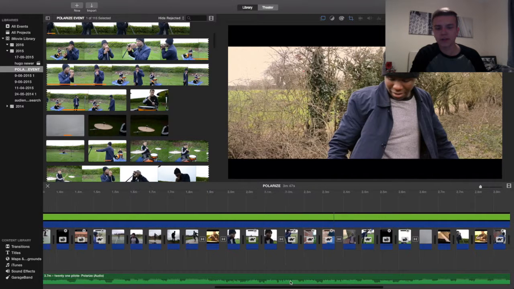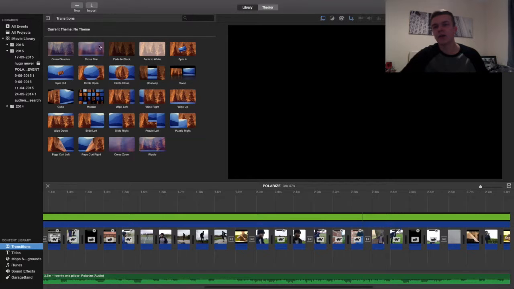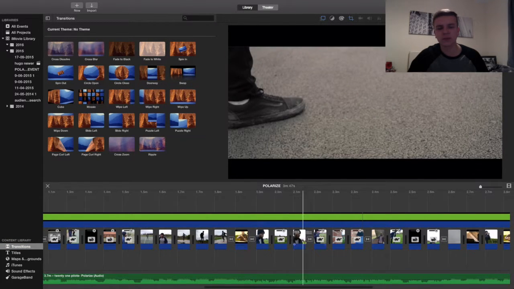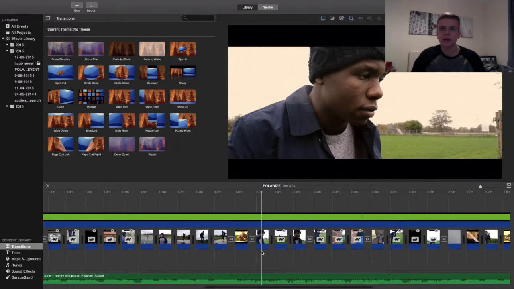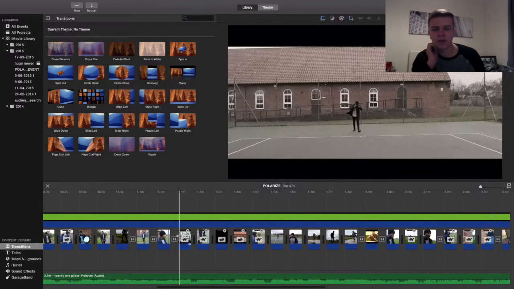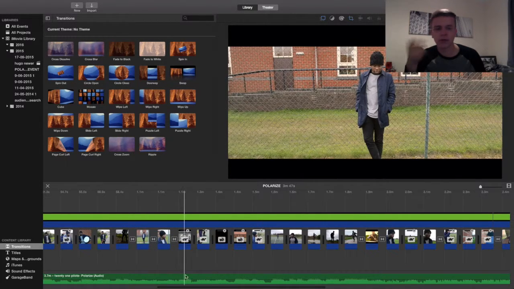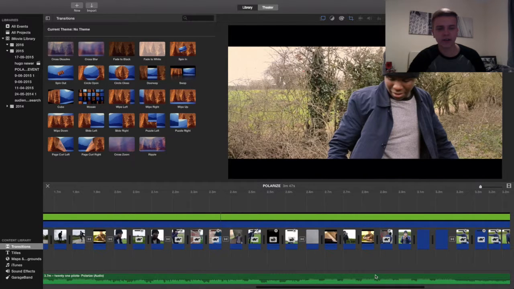A few fade to black transitions, which are very simple things to do, just in your transitions bar down here, and you then apply your fade to black. You retime how long you want them. iMovie's a little bit tricky with that though, it's a little bit funny sometimes when you're using lots of small clips. There's only a certain time that you can go below, so I can't go below a 0.3 second one, or earlier on I couldn't go above a 0.5 second one, even though I wanted it to be a bit longer. So it wasn't that one, but it was a bit later on. Anyway, at the end of it, I